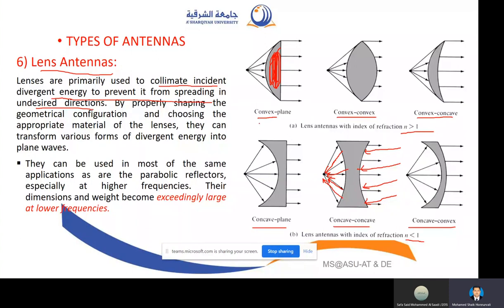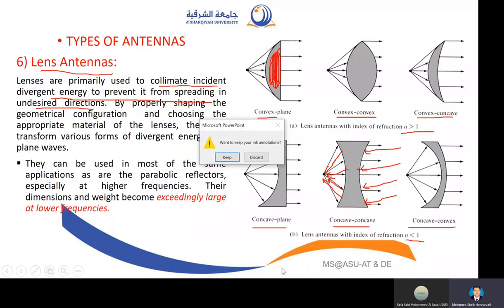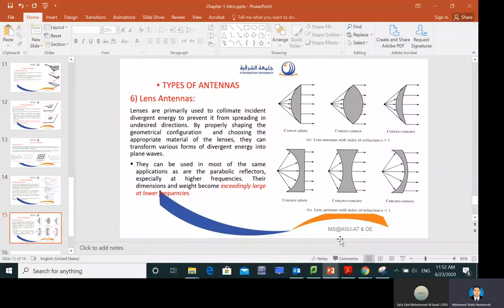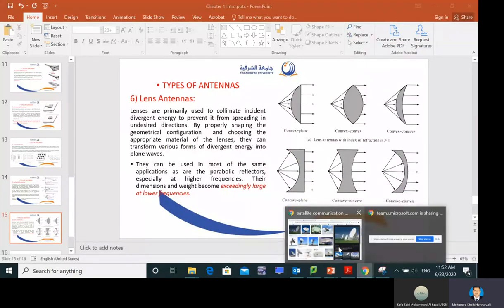But if you go for high frequency, let's say millimeter wave frequency, a 60 gigahertz antenna, the size of the lens antenna, that is the thickness of the lens, will become very small. Discussing this parameter, I have written one paper in the journal, which I would like to share with you. So maybe you want to read more about this if you are interested.